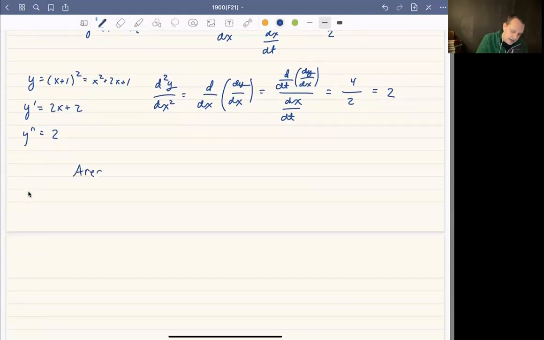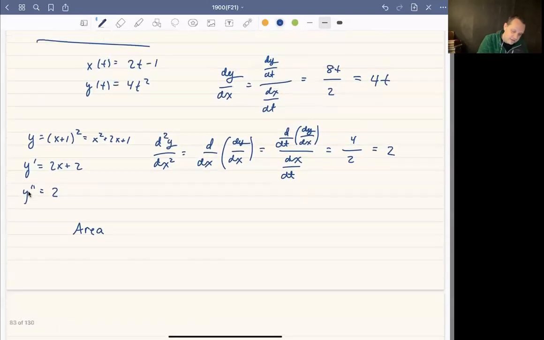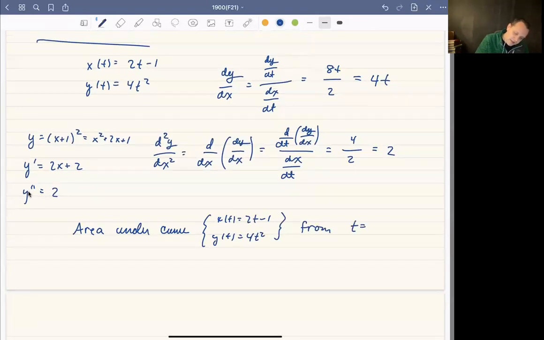So if we're going to talk about the area that we get on a parametric curve, we're going to find the area from one time to another, so from one value of t to another. For example, if I wanted to find the area of this curve again, so x is 2t minus 1 and y is 4t squared, if I wanted to find the area under the curve from, say, t equals 1/2 to t equals 1,